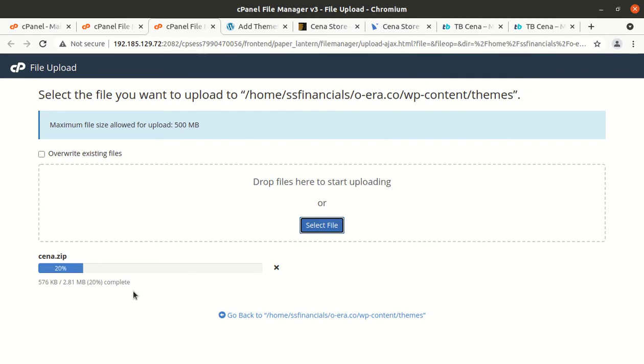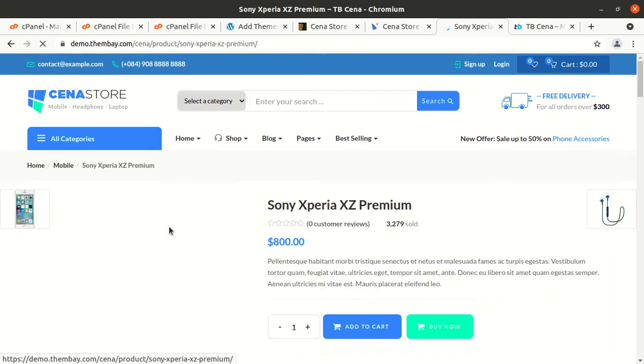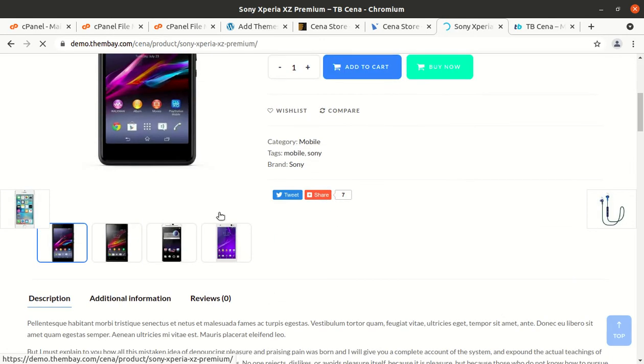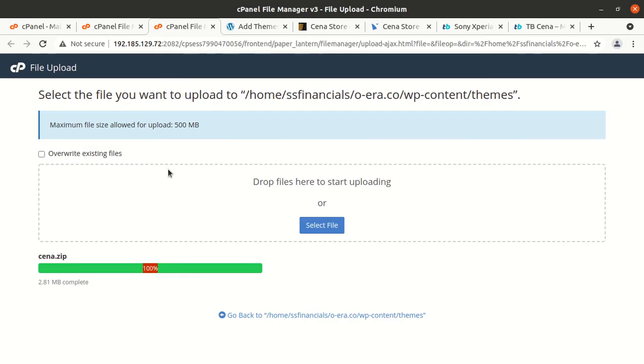And the theme is really optimized. It is just 2.81 MB in size. It is really amazing to have such a lightweight WordPress theme for a WooCommerce website. It is well optimized, of course. It is an indication that you are going to get a very fast loading website using this theme, and you can see it live as well, how fast it is loading. So okay, we have uploaded the theme, and once the progress bar turns green with 100%, we can go back and extract the uploaded file.